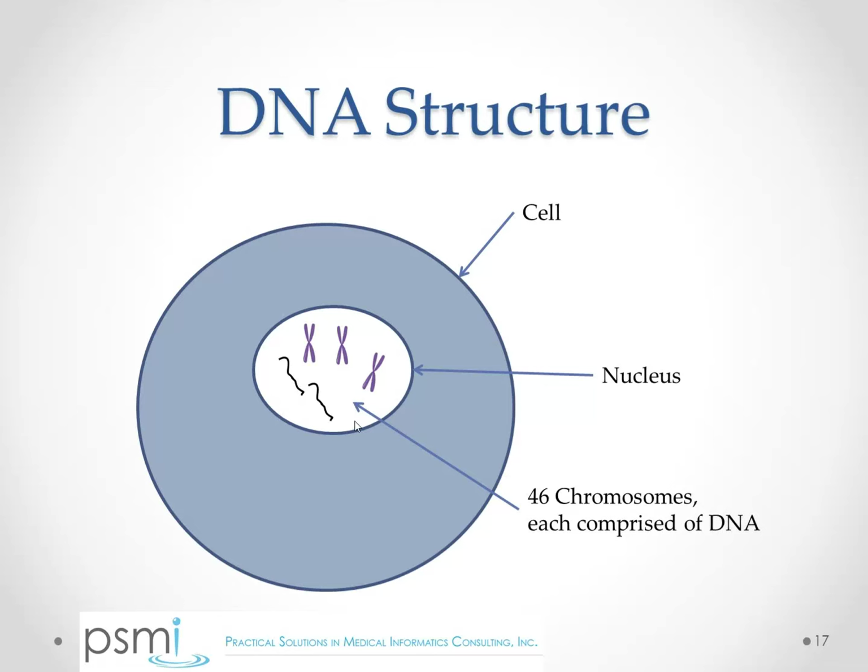Everyone who responded to the questions knows that a cell has a nucleus, and the nucleus contains chromosomes, and the chromosomes are comprised of DNA. Sometimes you'll see a picture of a chromosome just as a linear string, and sometimes as an X, a double string. What the X represents is a chromosome that's been replicated and is ready to split during an imminent mitosis